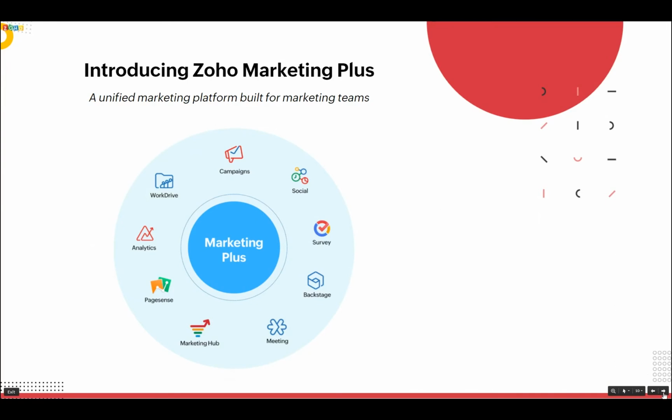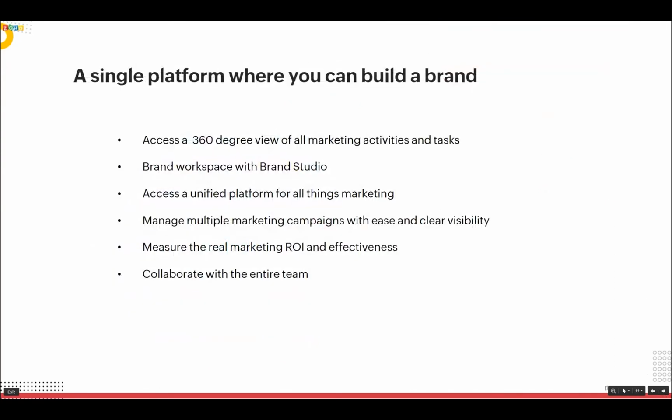So, what are the benefits of Marketing Plus? Simple, it's a unified marketing platform and it breaks the silos. And of course, it offers a 360-degree view of your customers' data, your marketing activities, and the integration with multiple marketing channels, and all of these in one single interface.